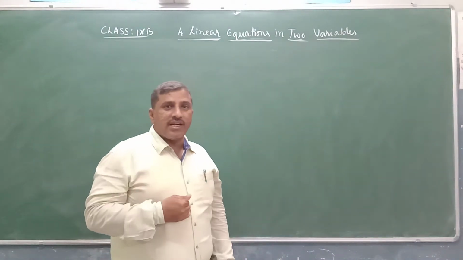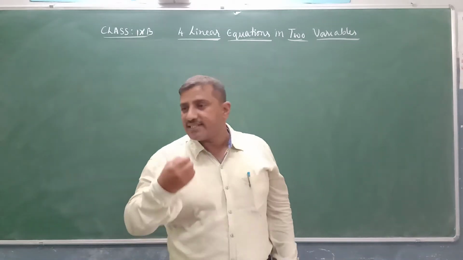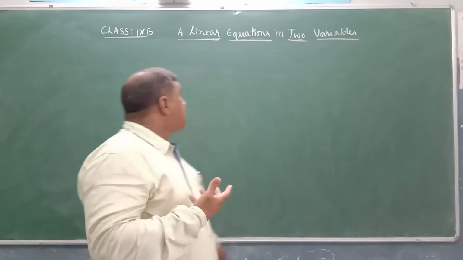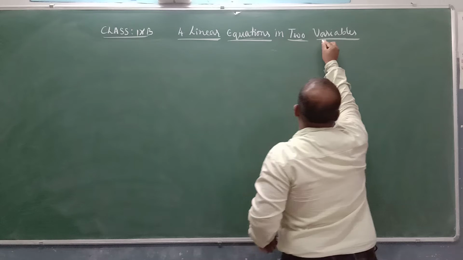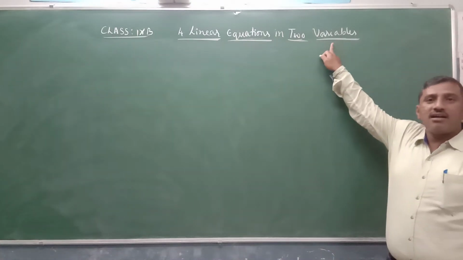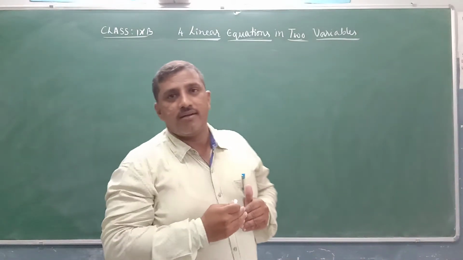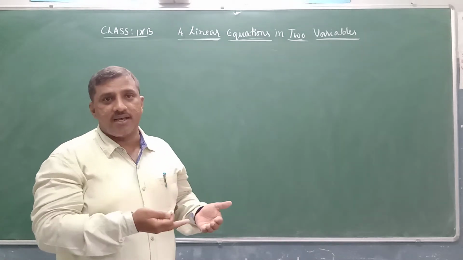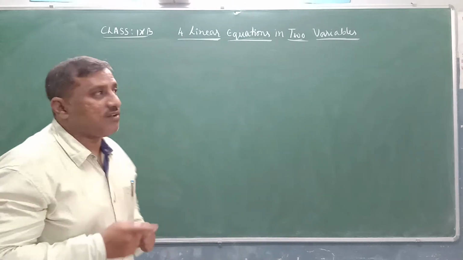So before going to study what are linear equations in two variables, just a small recall from class 8. So what are variables, children? Yes, variables are the numbers whose values are not fixed. The word itself, variable, means varies, changes. They do not have a fixed value. Such numbers are known as variables.